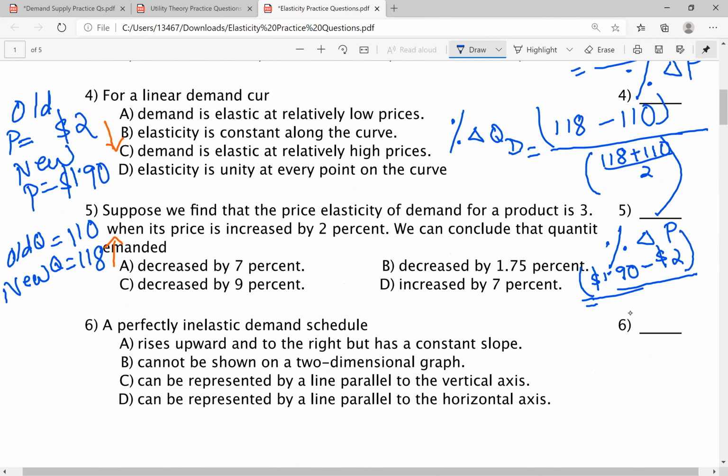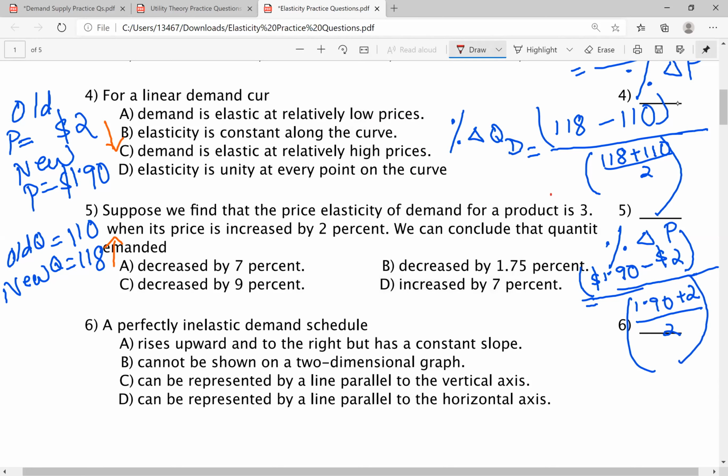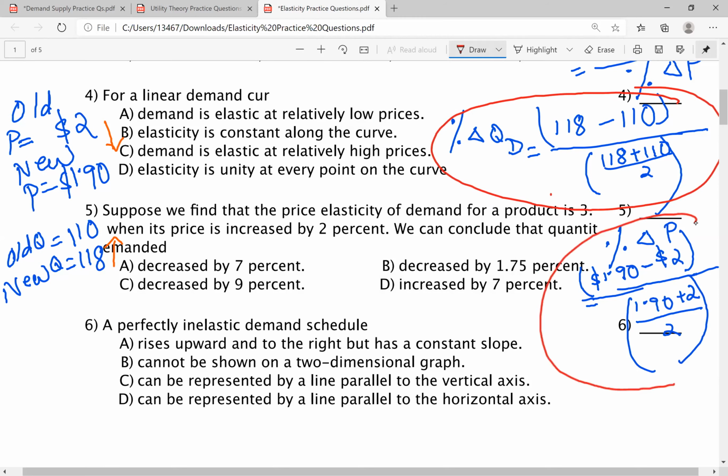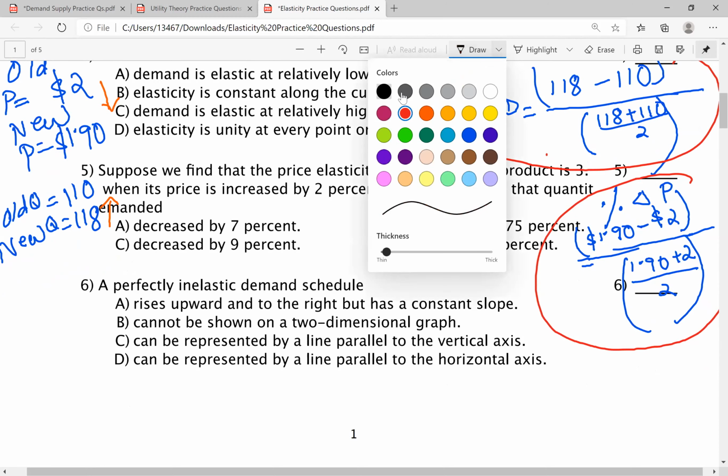I'm going to divide this by the average of prices. I'm going to get the result here. You are going to divide the percentage change in quantity over the percentage change in price, and you would get your result. Something to note here,